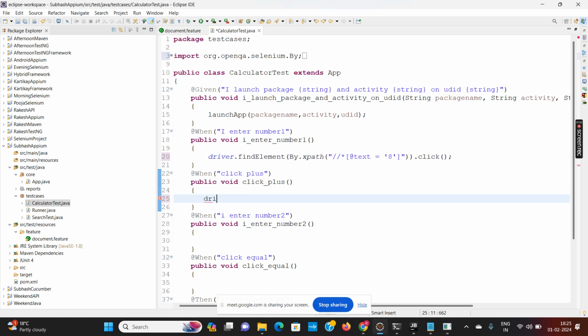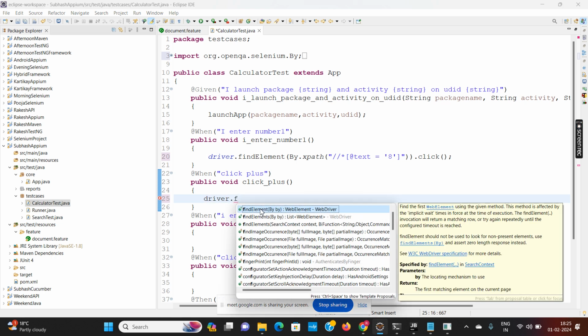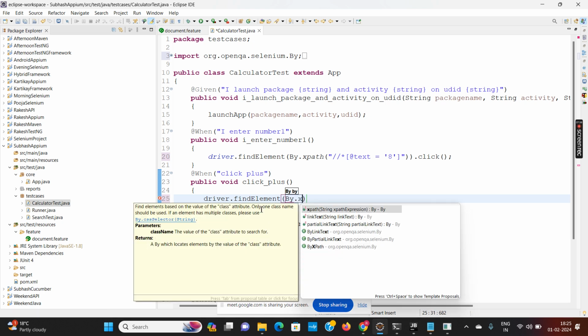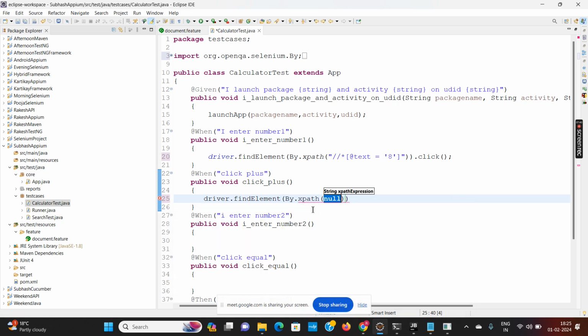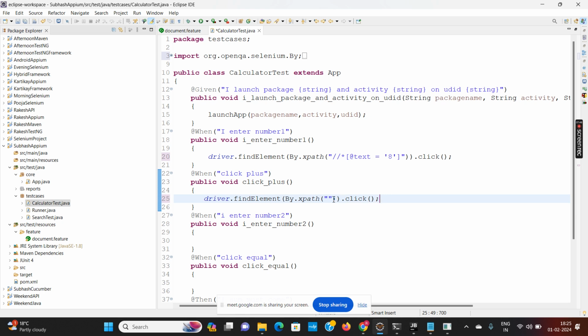Again, driver dot find element by dot XPath dot click at the rate resource ID.